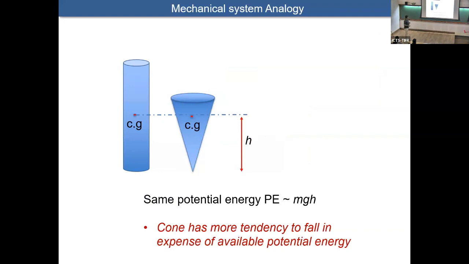I'm not going into the definition. Both systems have the same potential energy, right? So which one has more available potential energy here? Which one is full? Correct? So that means this has higher available potential energy. So potential energy is not the right way to measure it. The right way to measure is the available potential energy, how much is available for doing work.